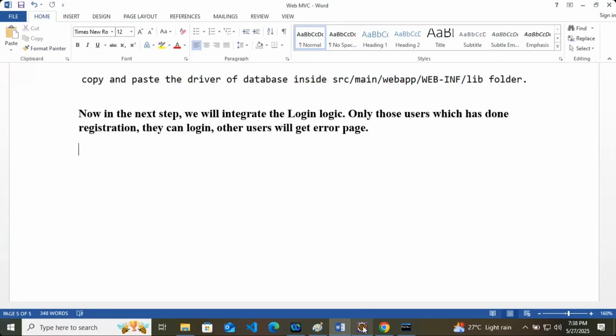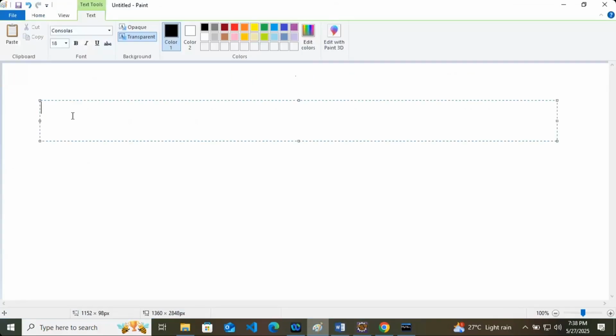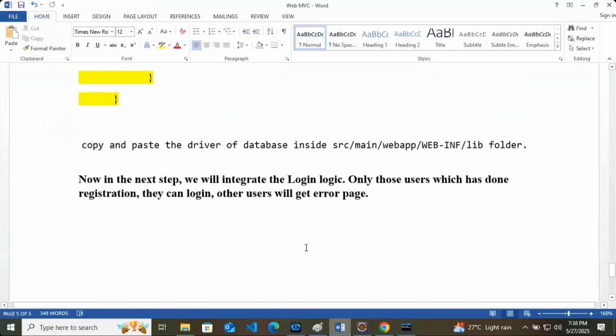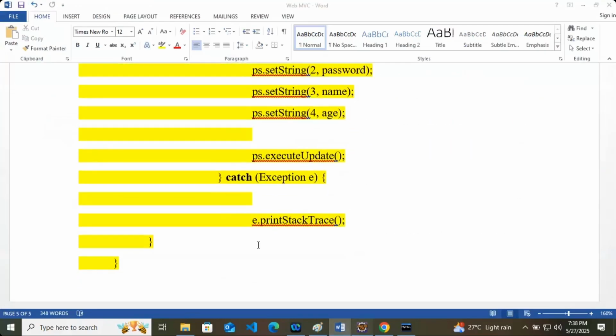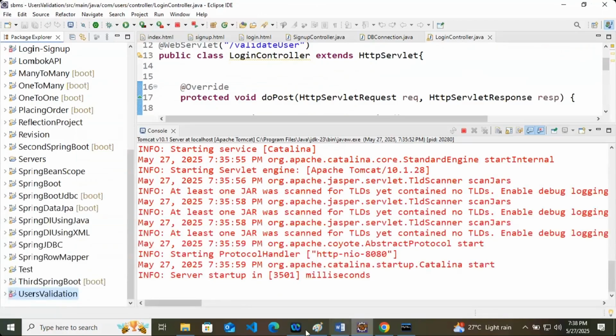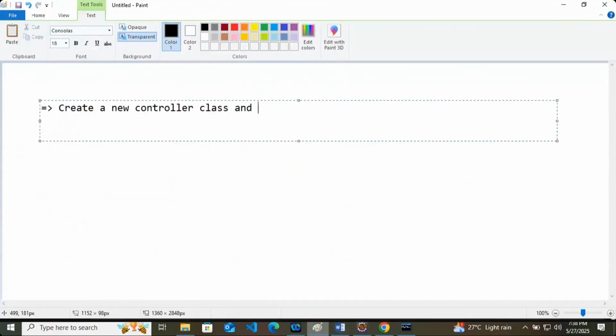For that, at first, create a new controller class. Yesterday we wrote that or not? Okay, no. Create a controller class and name it LoginController, which will control the login logic.